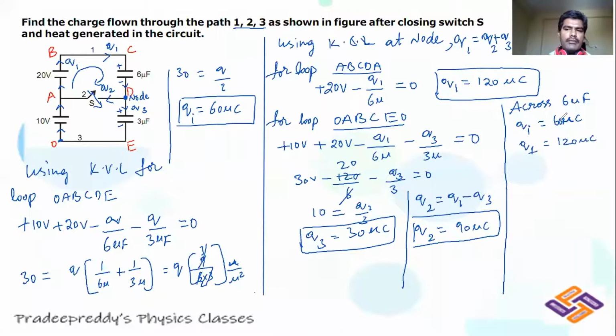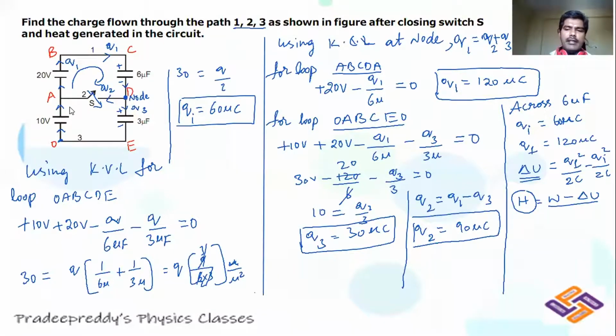Okay. So final charge is greater than initial charge. From here you can find out the energy change. That is Q final whole square divided by 2C minus Q initial whole square divided by 2C, that is delta U. Now here there is some work done by this battery, right? 20 volt is doing some work. So therefore I can write heat produced is equal to work done by the battery minus delta U, which gives you heat produced in the circuit. So that is the heat generated in the circuit when you are switching on this key.